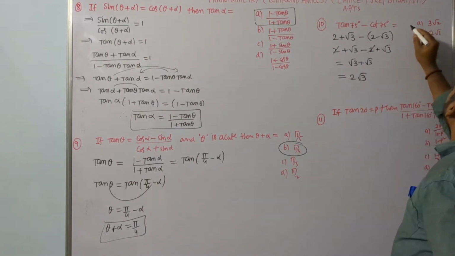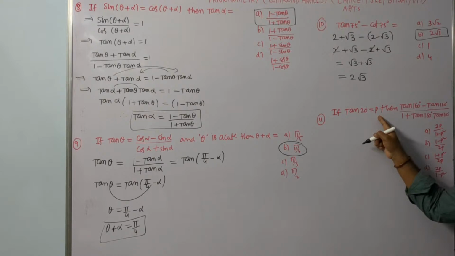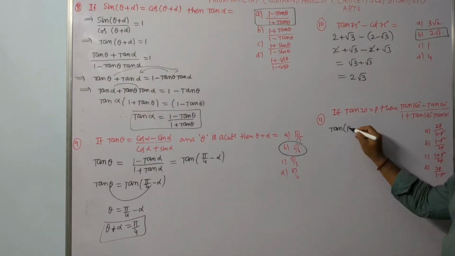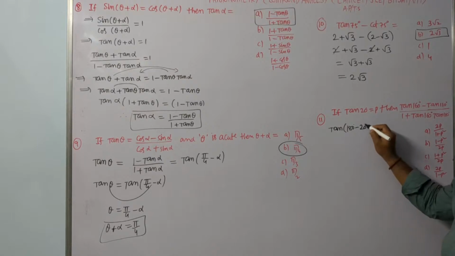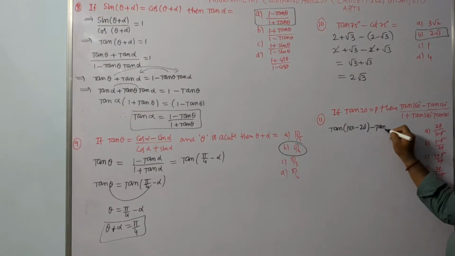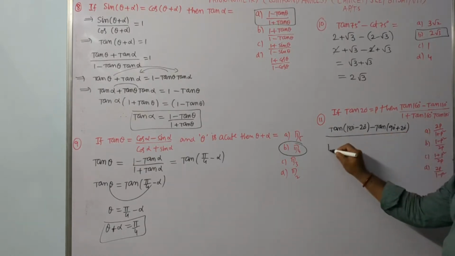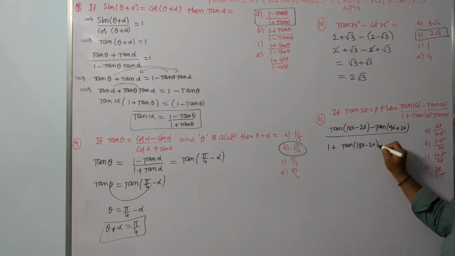So 2 root 3 is there in the second option. We will move to next question. Tan 20 is given as P. Tan 160 we can write as 180 minus 20, right? Minus tan 110 can be written as 90 plus 20, divided by 1 plus tan of 180 minus 20 tan